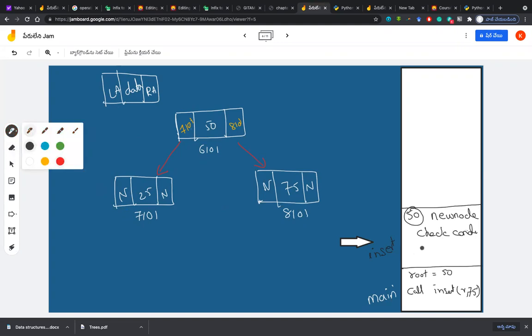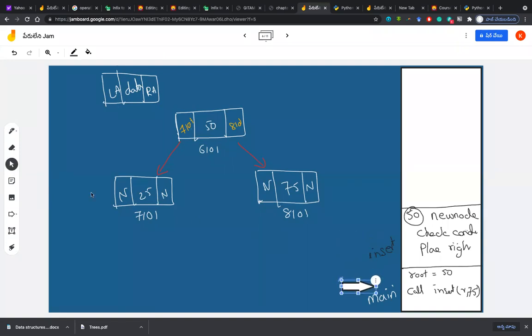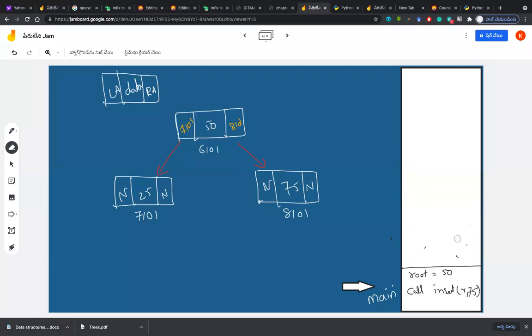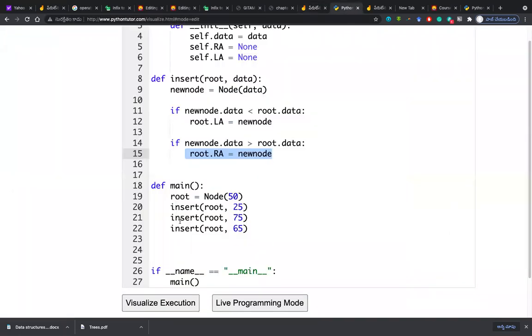Fine. So the purpose of this one is also served. Actually, I have to write here: after check the condition, place right. So we have placed it, and the purpose is finished. This function will be popped out and we again come to main. The main function comes here. We have to imagine that this might be erased, like in your stack, this is popped out. What is the next thing that we are doing?